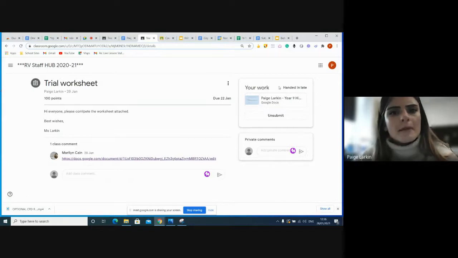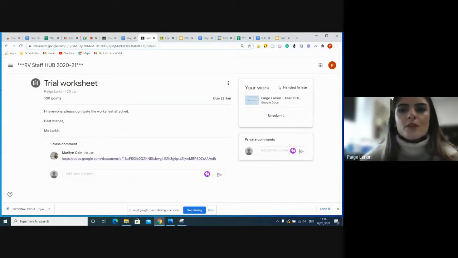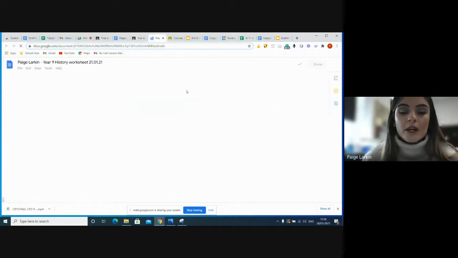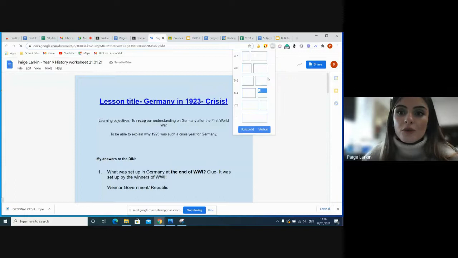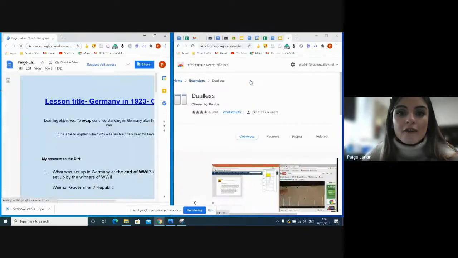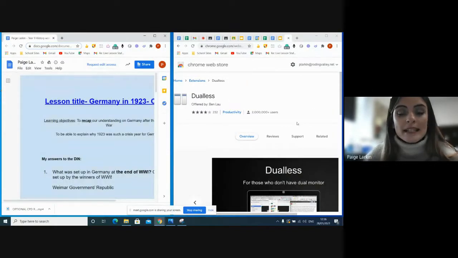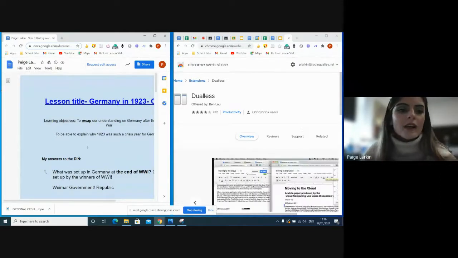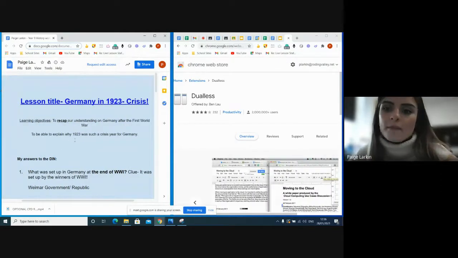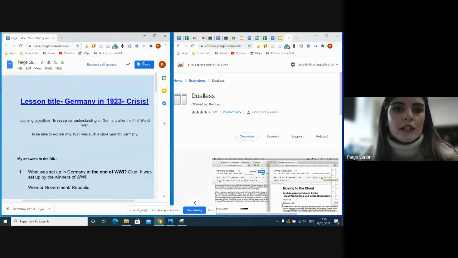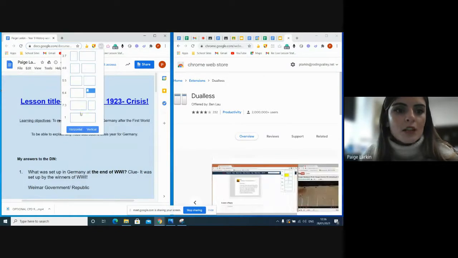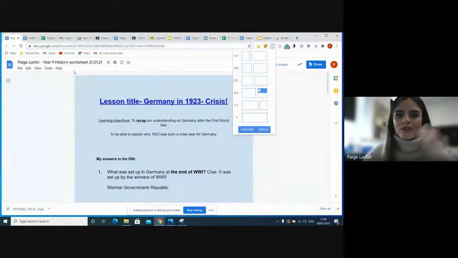And you can see why the split screen is really important, because when you put split screen on and you're doing your worksheet, so I'll just open my worksheet again, if I put my dual screen on, it means I could have, on this screen, my teacher, so I'd have my Google Meet open and I could see my teacher talking, and on this screen, I could type away in my worksheet. So it's a really, really good way of being able to multitask like you would in a real lesson, but obviously through